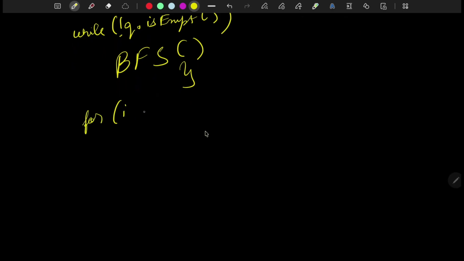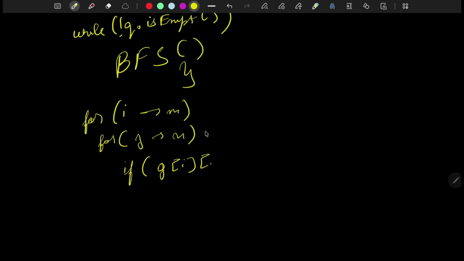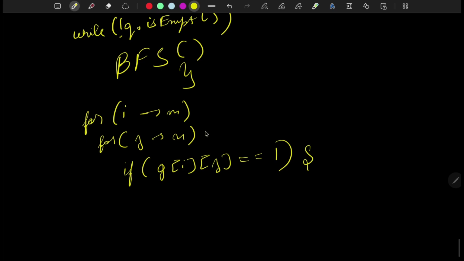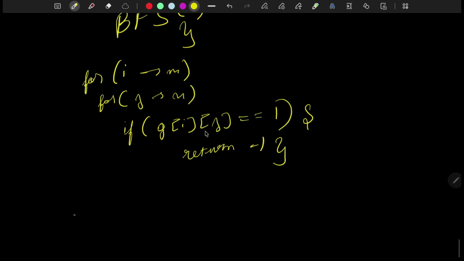We will again run a for loop from i to our m, then j to our n, to access all the rows and columns. And we will check that if grid of i comma j, after all the BFS, there is still one fresh orange present. If there is one fresh orange present after the BFS also, then we will return -1, because that was asked in the question, that if it is impossible to make all the oranges rotten, then we have to return -1. So we will return -1, otherwise we will return